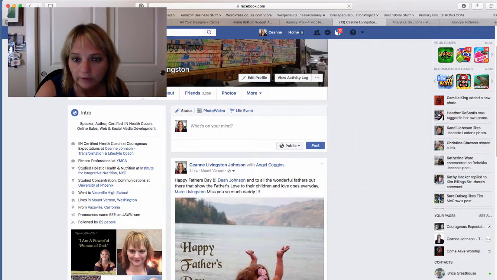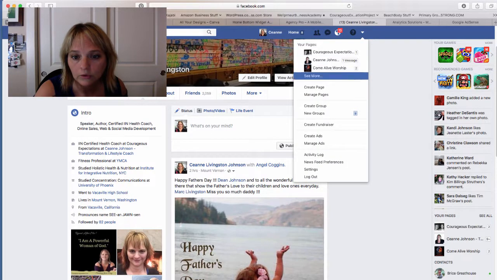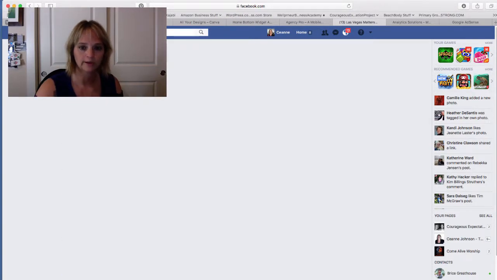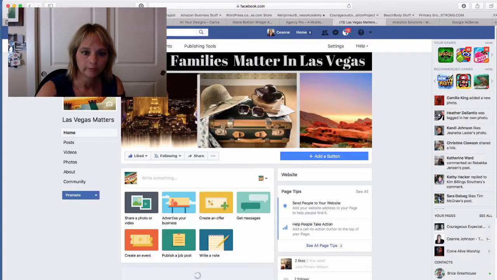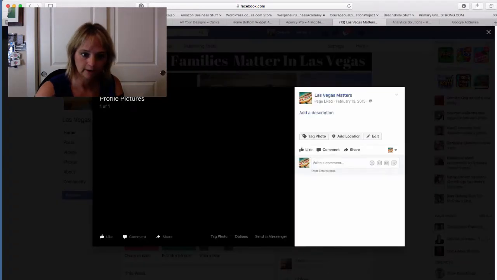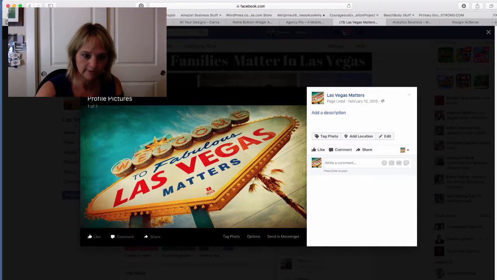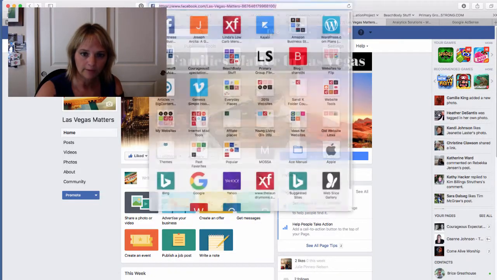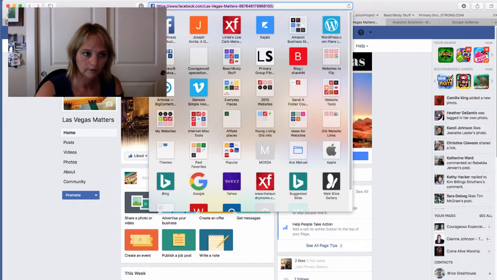Let's see if I can find it really quick. Las Vegas Matters. I'll just bring that in. So this is the Las Vegas Facebook page. See, this is the logo that I made. Welcome to Fabulous Las Vegas Matters. So I do have a logo for that. I really like that. So I'm going to copy the URL on here